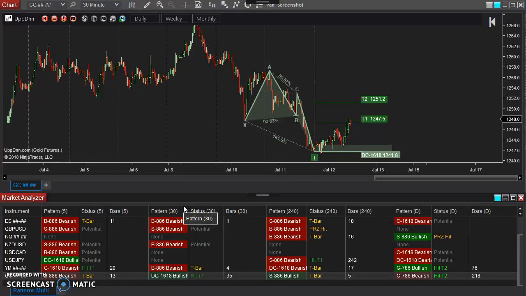One of the great new features that we have in our Swing Toolkit is the ability to create your own custom patterns as well as modify the existing ones. So I want to create a quick video to show you how to change the names of the patterns that come built in. For example, here there's a pattern, this DC 1618, which refers to the 1618